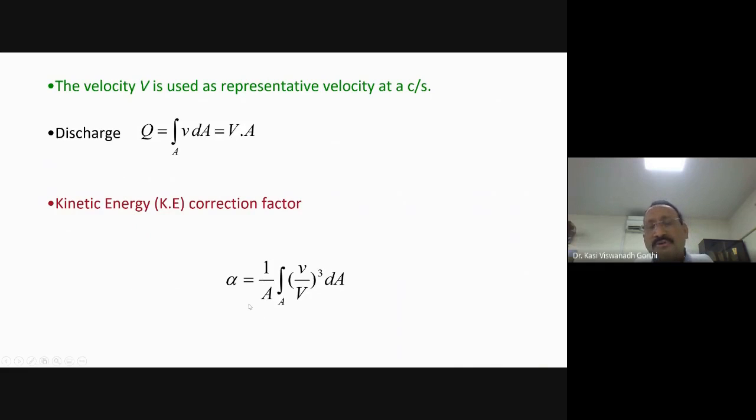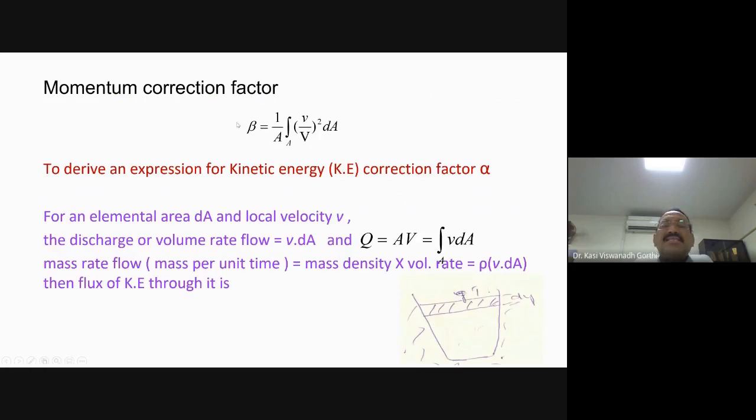Alpha is equal to 1 by A integral of small v by capital V whole cube dA, and beta is equal to 1 by A integral of small v by capital V whole square into dA. You can derive the expressions for both also. To derive the expression for the kinetic energy correction factor alpha,